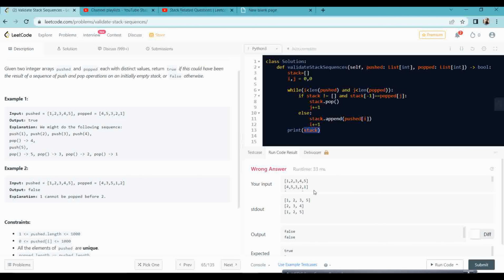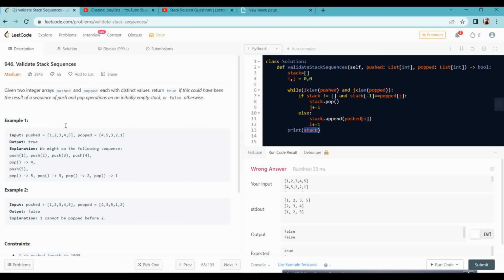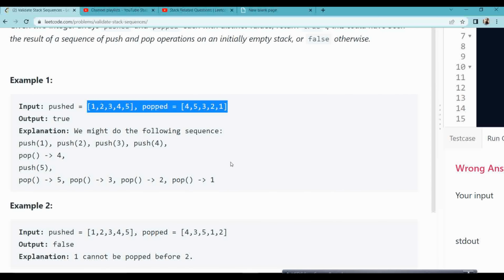Now as you will see, 1, 2, 3, 5. Why is it giving me 1, 2, 3, 5? Because 1, 2, 3, 4 you have pushed. Now you have popped the 4 element. Now you will be remaining with 1, 2, 3. Now you will come to 5, and 5 is not there, so you will insert 5 as well. This is 0 index, this is 1 index, this is 2 index, this is 3 index, this is 4 index. As you have pushed the 5, your I counter will move to the next one, and